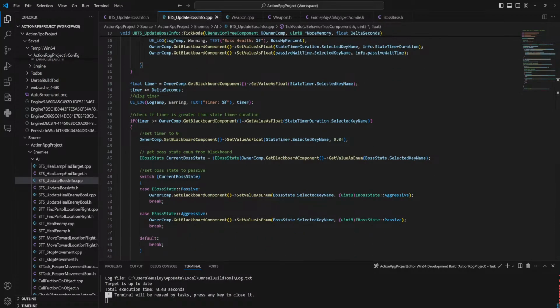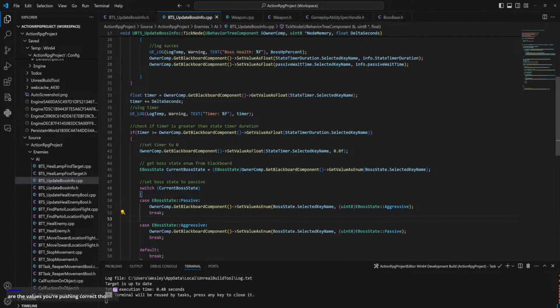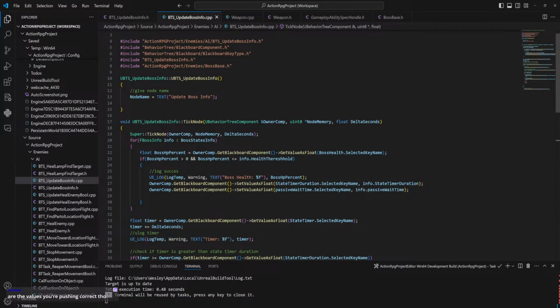It's not what it's doing, clearly. Are the values you're pushing correct though? I mean, they are, because this is the passive wait time, which is a variable for a key, and that's getting filled up with the right value.